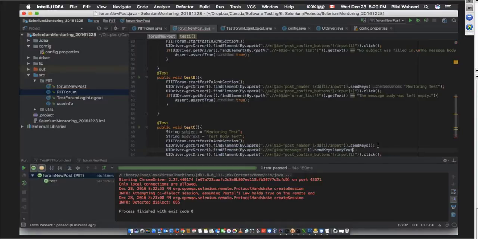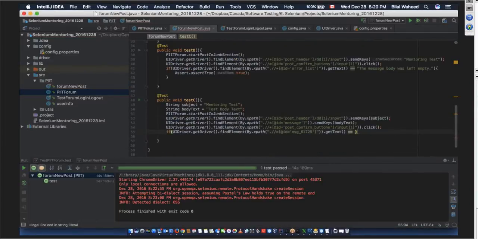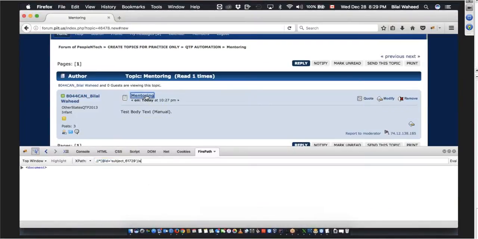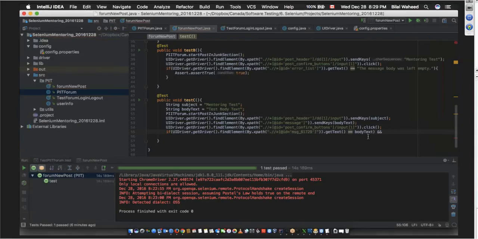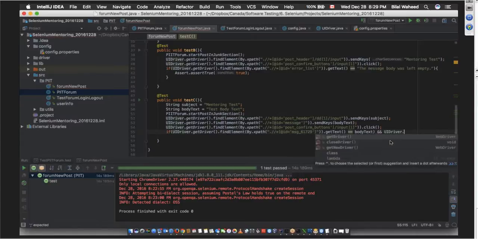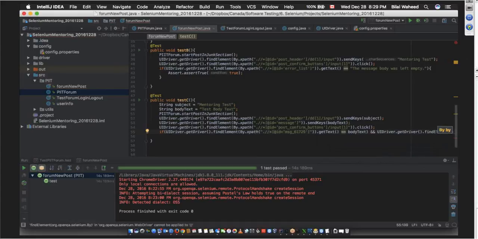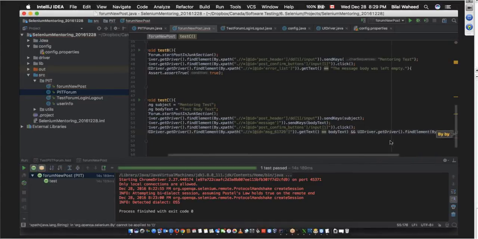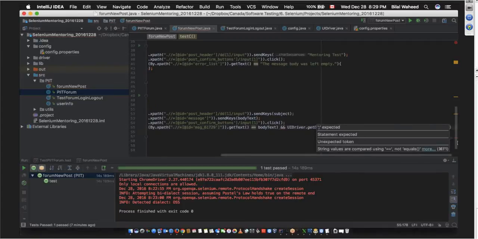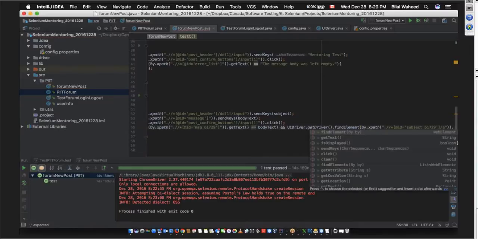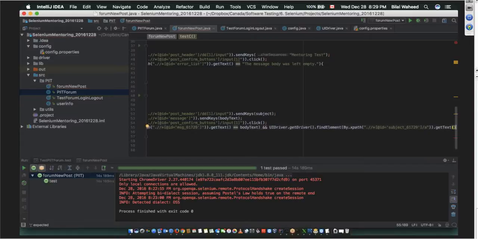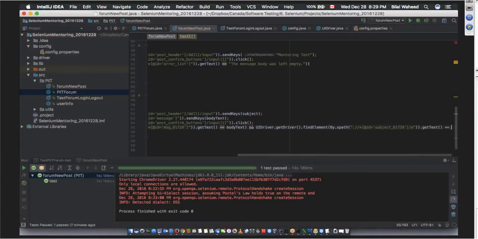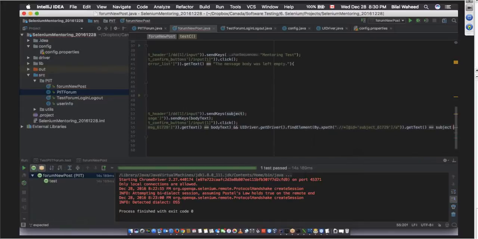Send key is what? Body text. Send key is what? Subject. Now if it equals body text, and so UI driver dot get driver dot find element by XPath is dot get text equals what? Subject, right? So if it equals subject, if that equals that,